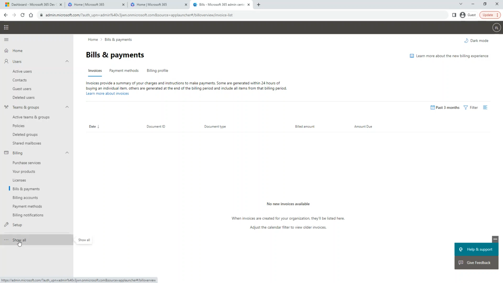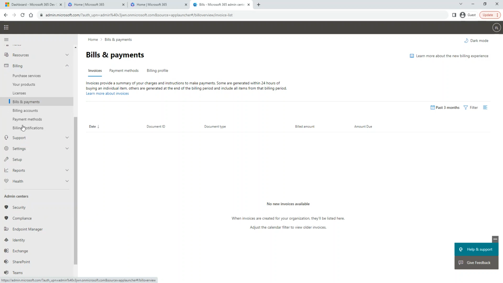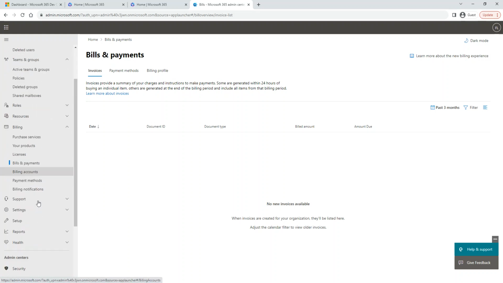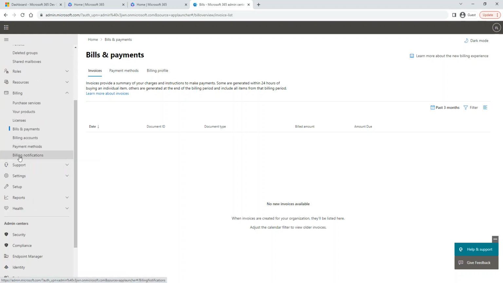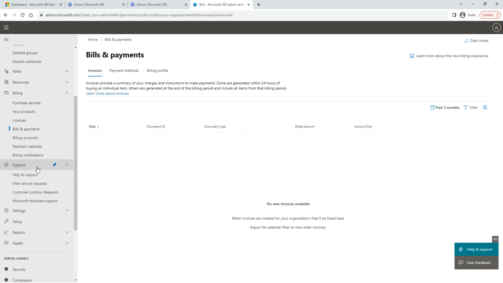There is a show all option all the way down here. I like to show all so that I can see everything. So I was in the billing, and all the way down here, there is support. If at any time nothing is working and something failed, you can reach out to Microsoft through this help and support. You can put in a ticket, and Microsoft will call you and work with you to resolve your issue.